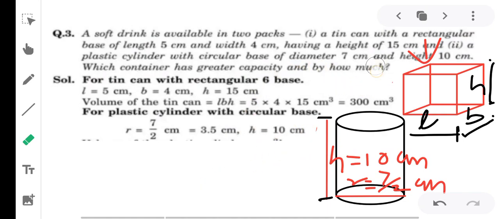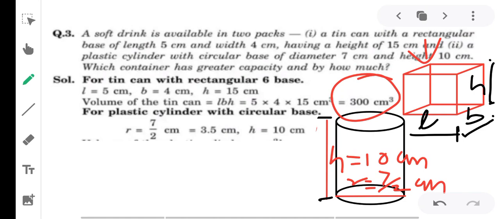So simply we have to find the volume. Here you can see on the screen the length of the cuboid is 5 centimeter, the breadth 4 centimeter and the height 15 centimeter is already given, and the volume of the tin can is already found out. That is not given in the question, but I have written in the solution that it is 300 centimeter cube, because the cuboid portion we have done in the previous exercise 13.5, so I am not doing it again here. It is already solved in the solution, that is 300 centimeter cube. You can circle this value so that you remember it.